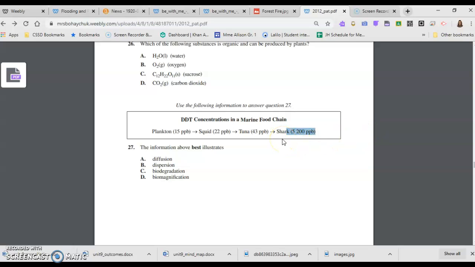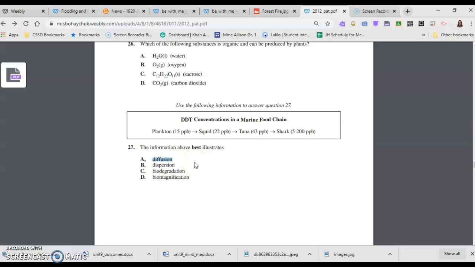And then some humans like to eat the top predators like sharks and whales and whatnot. And so we end up with even higher concentrations of those chemicals in our tissues. Even tuna, right? People say don't eat too much tuna, and part of the reason is because it can have heavy metals or pesticides in them. Okay, so that's usually talking about bioaccumulation and biomagnification. So let's see if that's on our list. Yep. Okay, and let's just make sure it's not one of the other answers.